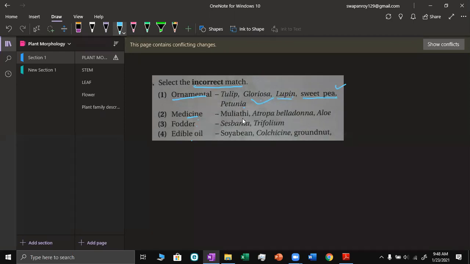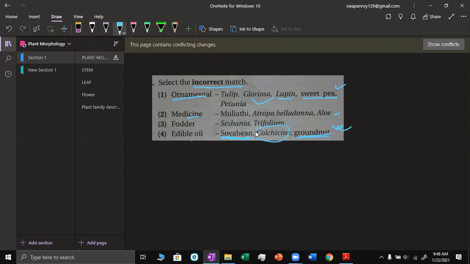Here medicine: mulethi, Atropa belladonna, aloe. That is true. Fodder: Sesbania, trifolium. Edible oil: soybean, colchicine, groundnut. Here, this is the incorrect one. Actually, edible oil, soybean: soybean is used as a vegetable also, and from the soybean oil is also produced. Many of the refined oils are soybean oils. And groundnut oil, this also is an oil producing seed. But